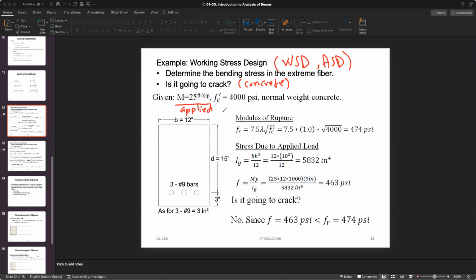All right. This is a compressive strength of concrete. And you're dealing with normal weight concrete. All right. So if this is your cross section here, you're dealing with this cross section. All right. So